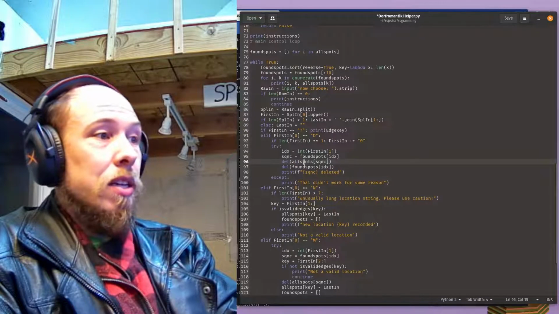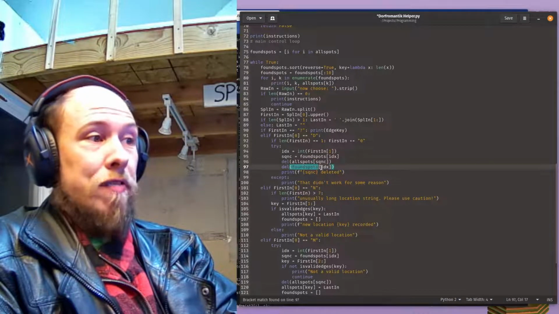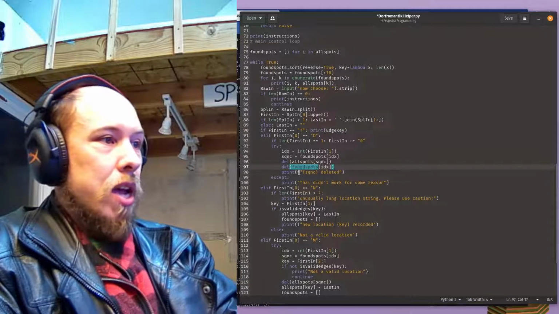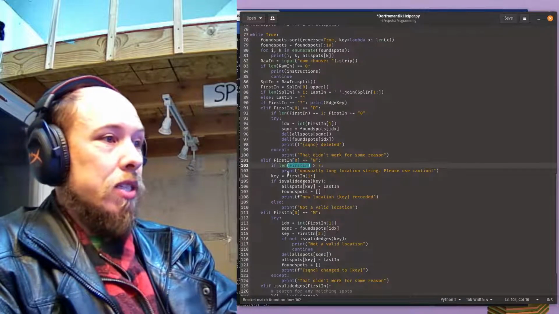Then you delete the key with the all spots sequence in it, and you delete it out of found spots too, so that the found list gets truncated as well. And then say sequence deleted. Straightforward. For new, basically the same thing, except that it checks to make sure that